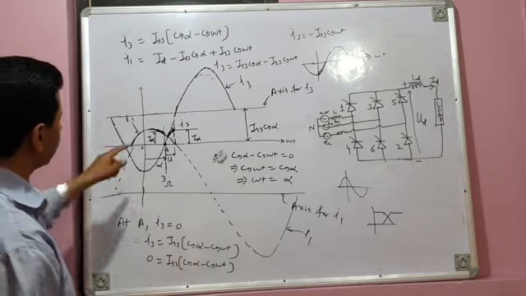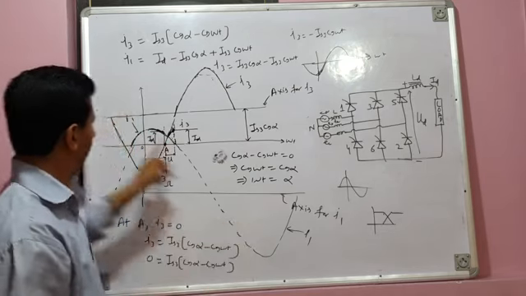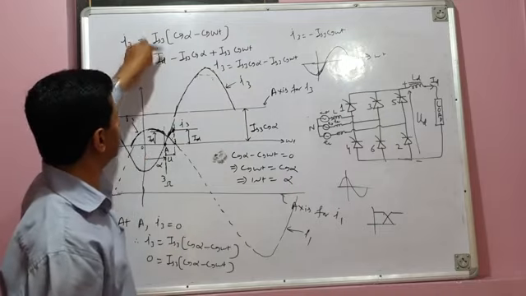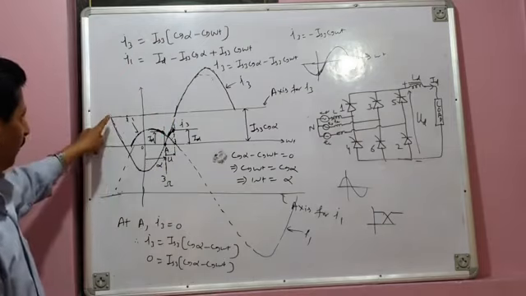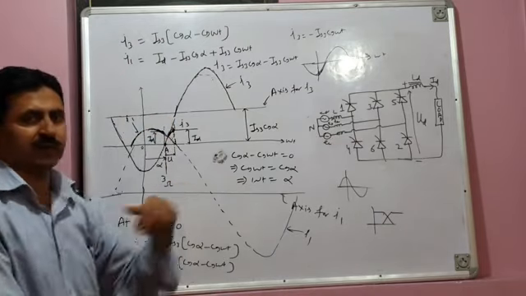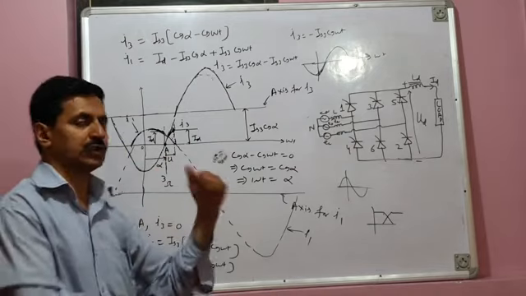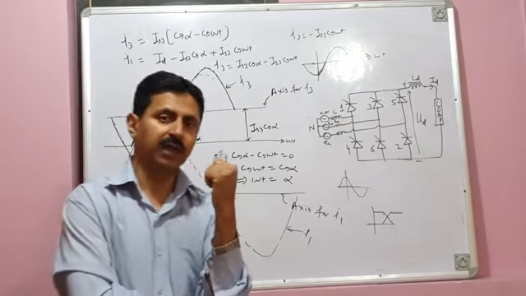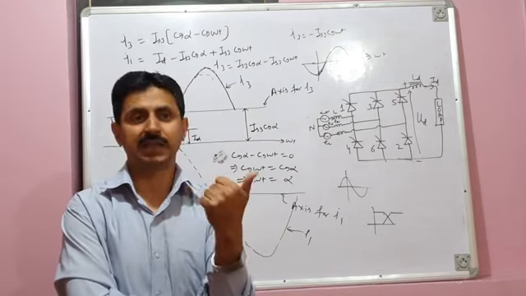So therefore, you can see this is the waveform for I1 and this is the waveform for I3 as per these two equations. But I again repeat, the waveform for I3 shows that it is a cosine wave or a sine wave. Similarly, the waveform for I1 also shows that it is a sine wave. But are valve currents sine waves or cosine waves? Answer is no. They are DC currents.